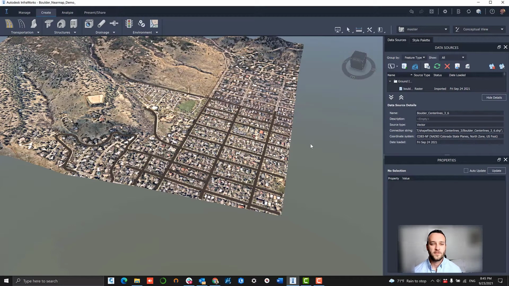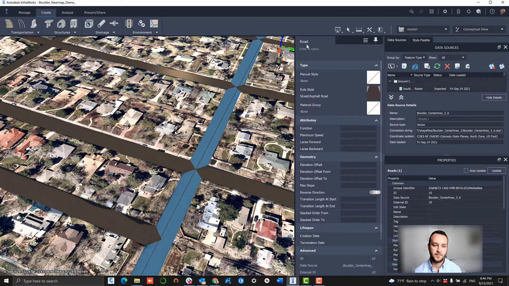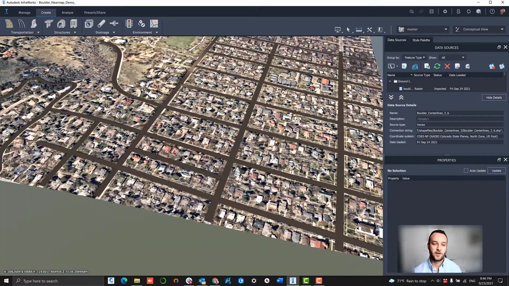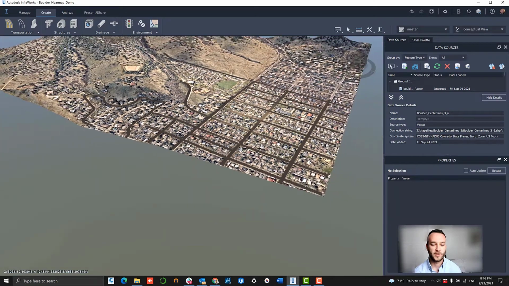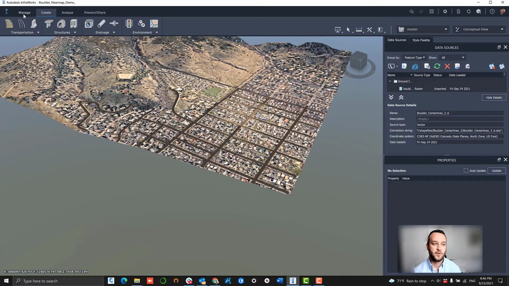All right, so after just a few minutes, our shapefile center lines have been converted into InfraWorks road objects. So these have loaded as planning roads on this asphalt default style that we selected. And as you can see, when we select it, we have a number of attributes that are built in. This is some of that utility that InfraWorks can offer, where it can help to automate a lot of the design process, loading design standards, assisting the engineer to make design decisions. So these are just existing roads. We're going to talk a little bit about how proposed roads work and how those can be created using the Nearmap content stack. But first, what we want to do in this particular case is convert these planning roads into